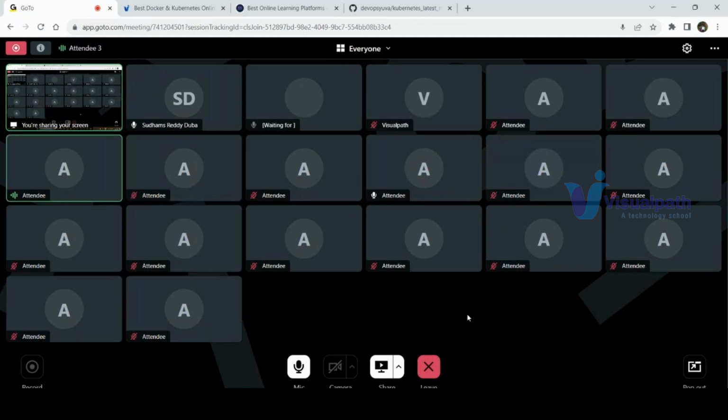On a request basis, will you be able to cover Bicep, or at least give access to some videos? I will try my best. I'll ask Malati and the team, do we have any recorded videos of this particular topic? You can talk to her, and she will provide you guidance on that. But from my side, I'll search for that and give it to you. Please mention that particular tool name to her, so that I will have an idea, because many people will be contacting. Okay, sure, thank you.